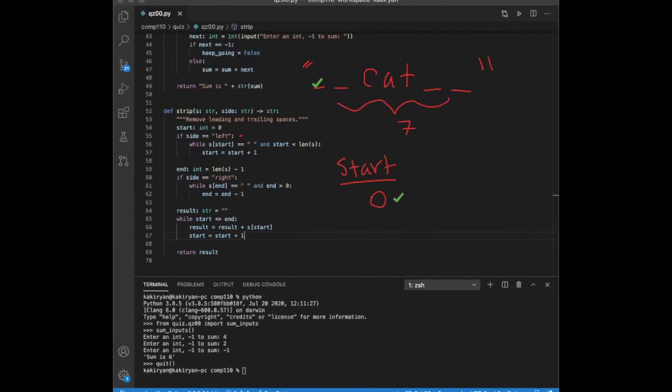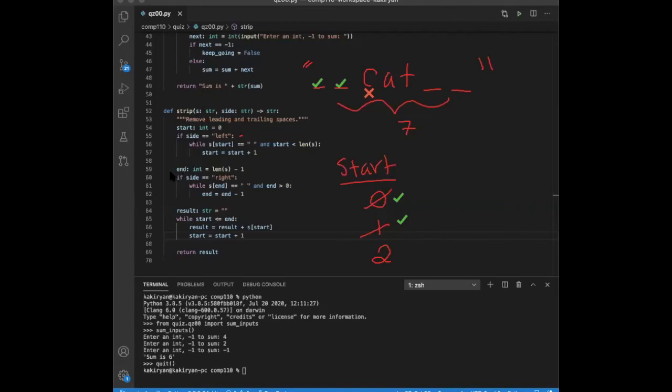So we're good. So then we can just update start to be 1. And then we go back around again and we check, is the current value at the current index a space again? And it is. And then we check again, is 1 less than 7? And it is. So then start becomes 2. And now we have something a little different. We say, is the value of our string at index 2 a space? And it's not. So we exit this loop